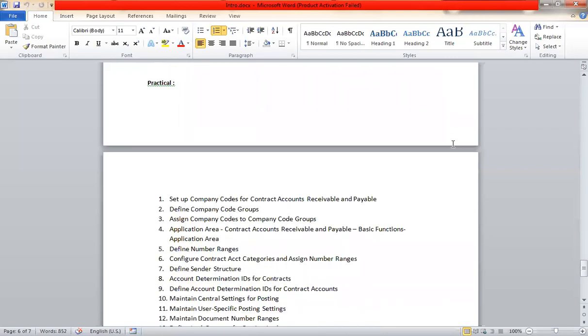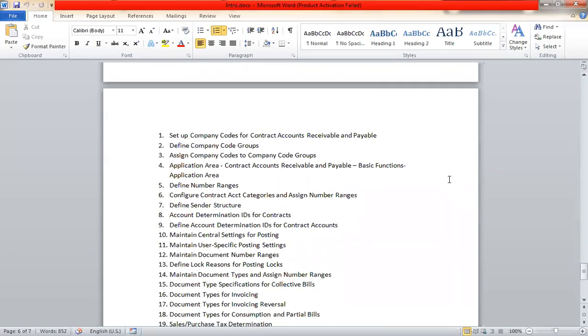So we will be proceeding adhering to this particular roadmap in theory, followed by the practical classes which we will be having on alternate days. There are these following topics that we will be going through in these practical classes. Number one, set up company codes for contract accounts receivable and payable. Number two, define company code groups. So set up company codes for contract accounts receivable and payable,